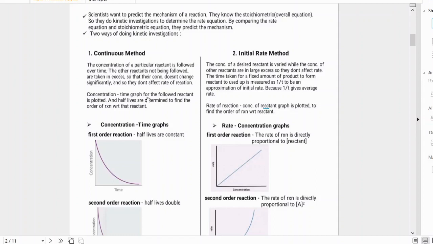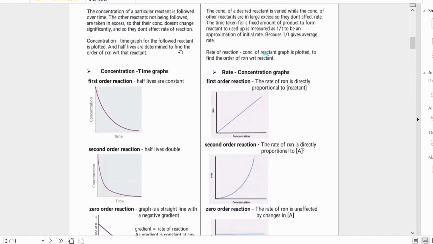The other reactants, those that are not being followed, are taken in large excess. So even though their concentration changes, it doesn't change significantly because they were already in large excess. So they do not affect the rate of reaction. So only the concentration of the reactant being followed, which is decreasing obviously, affects the rate of reaction. So we plot the concentration-time graph of the followed reactant like this,